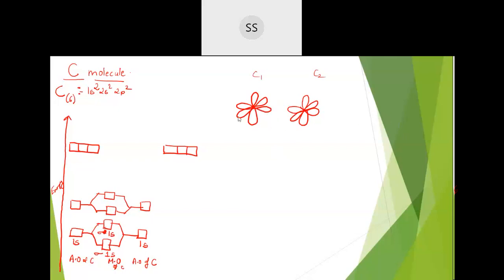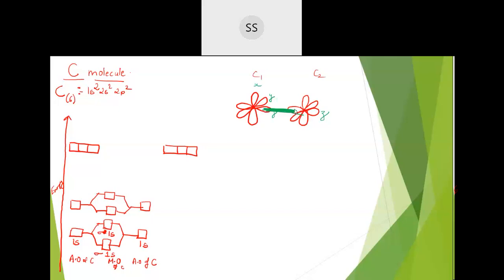See, now I said there are 3 p orbitals in the carbon atom. The 2 carbon atoms are the same kind of atom, so the orbitals also will be similar. So let us label this, let me take as z orbital. I said you imagine that the one which is present on the axis, which is going to overlap head on, you imagine as the z orbital. Just for our convenience we are taking this, but it can be any one of them. Then this we will take as z orbital, this let it be x orbital, and this let it be y orbital. If this way the orbitals are going to overlap in this fashion, head on overlap, when they are going to do.